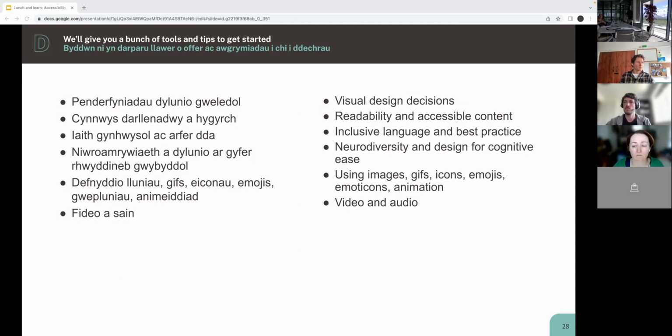Alongside this talk today, we are publishing a whole range of tools and tips. I mentioned right at the start that you can't tick box accessibility and inclusivity, but there are lots of things you can do that are small and will make a significant difference. So in the micro skills that we'll be publishing, we'll have things like how to understand what colour contrast means, not just from a contrast perspective,